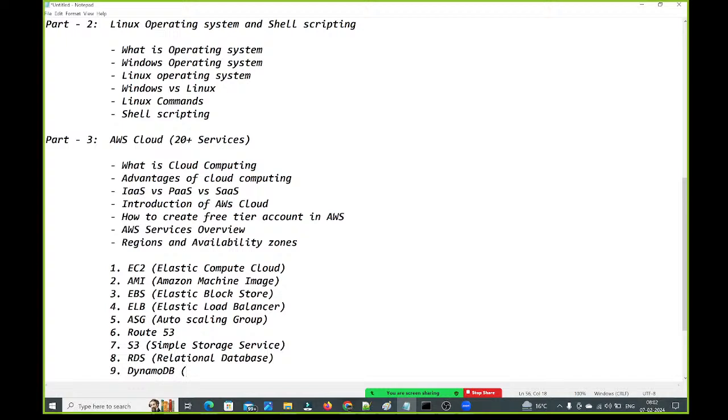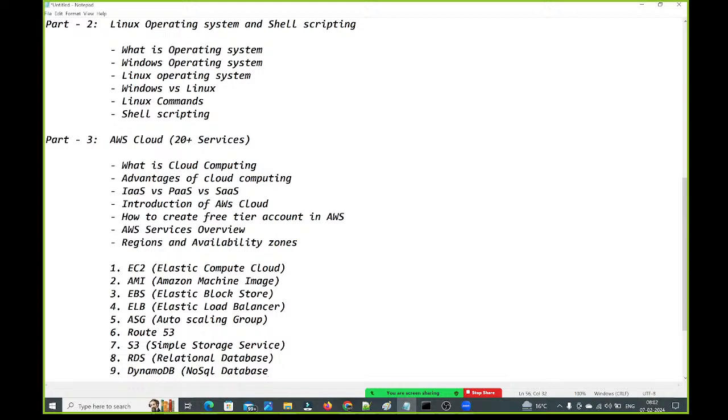It is a NoSQL database. We will discuss what is a SQL database and what is a NoSQL database. By using RDS, we will create SQL databases. Oracle, MySQL, all those are SQL databases. By using DynamoDB, we can create a NoSQL database. MongoDB, DynamoDB, all these are NoSQL databases, guys.